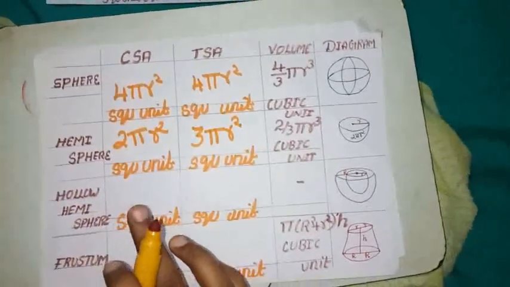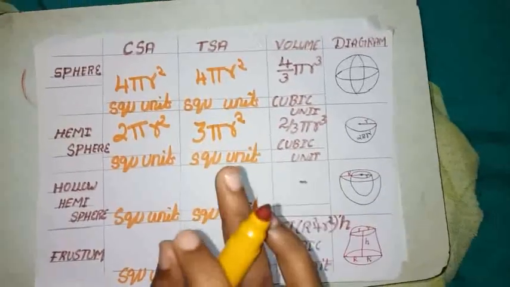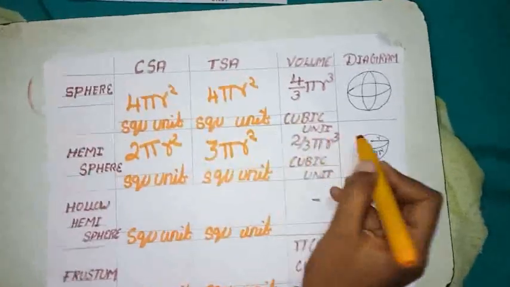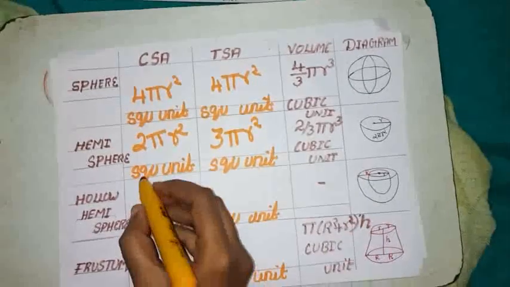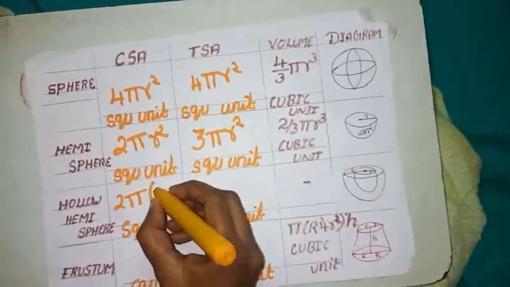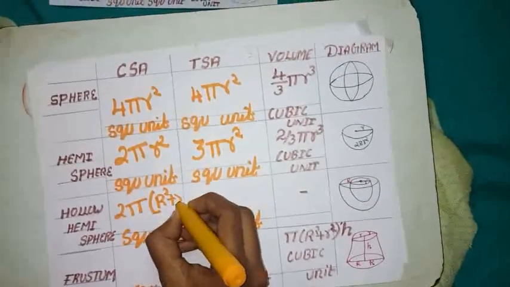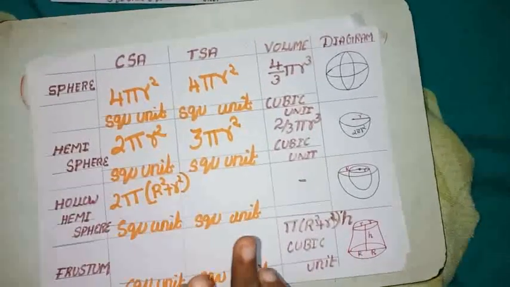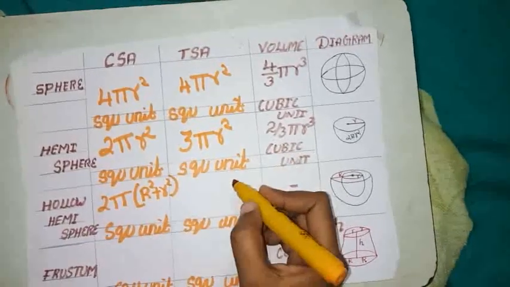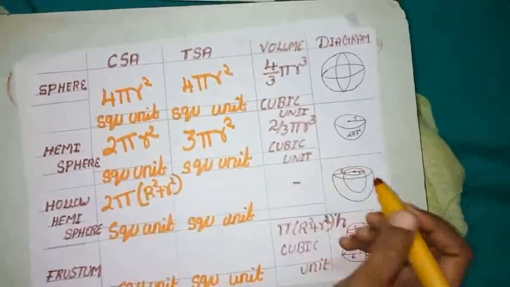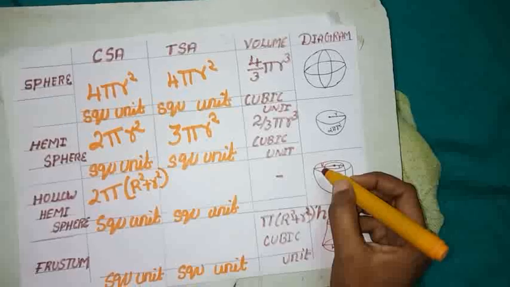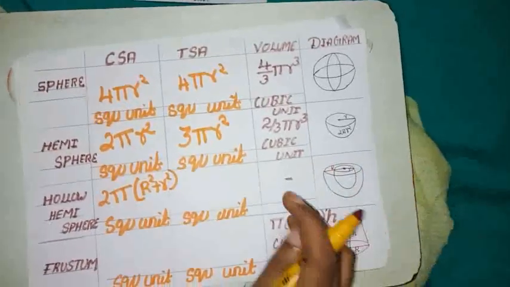Hollow hemisphere. Just we are going to write the formula. R square, right? How many are? Only single R. Here how many are? Double R. So 2 pi, caps R, small r, caps R square plus small r square, square unit. That's all. But the TSA of hollow hemisphere we cannot write easily. We are going to do some changes because the biggest radius, the small r is the extension of the caps R, so it is repeated. We should do some changes.